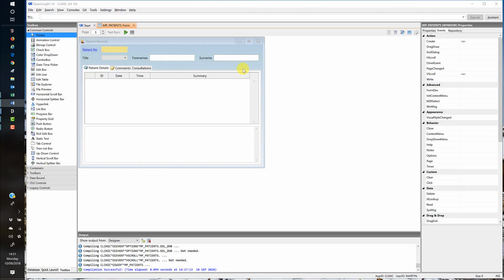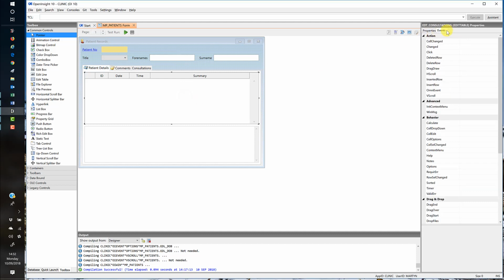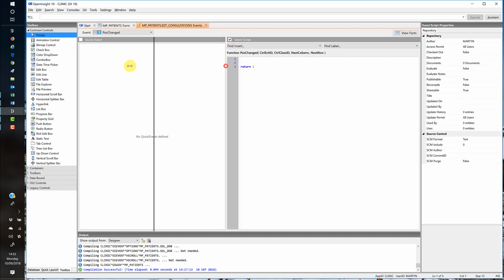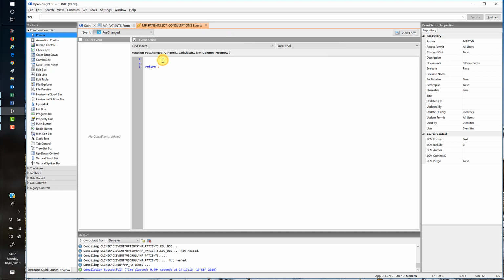Right, so let's just come out of the test run mode, and if we just look at the edit table, for the events we need to locate the pos changed event, and then again I'm going to do this as a script just to make it easy. If we had a commuter module, this could just as easily be in there, but we're working with a script for this particular window, and we will have a comment in here to refresh the